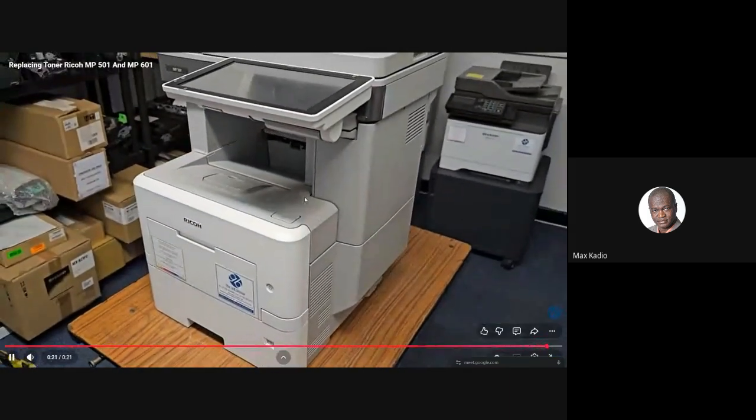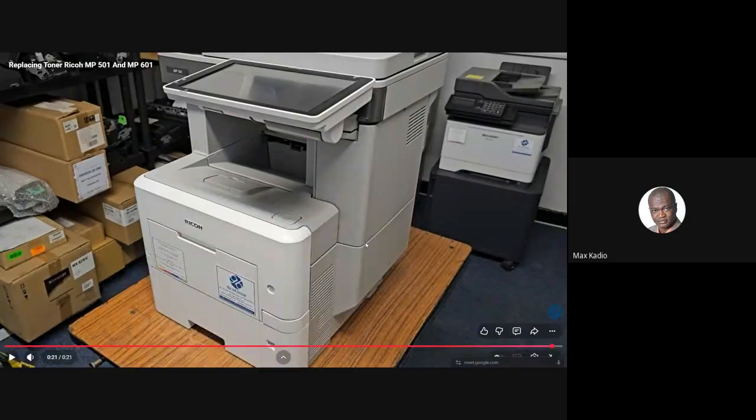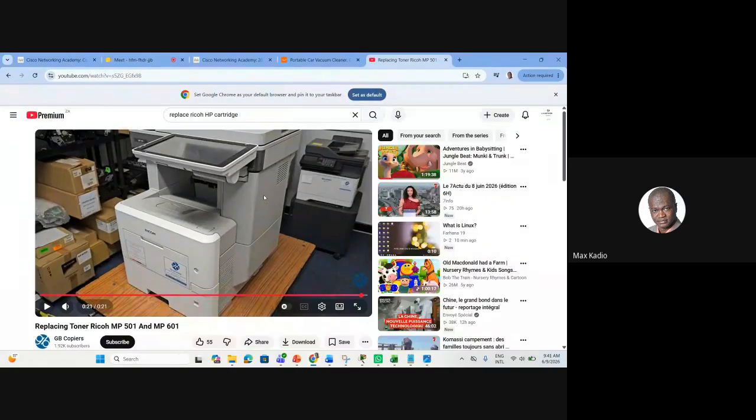So as an IT technician, you should be able to replace cartridges, and if it is a paper jam, how to remove it, and also other issues. Sometimes we learn by practicing in a company. If you don't know how to do something, Google it quickly, go to AI, go to YouTube, get the knowledge, document it, and this is how we get experience.